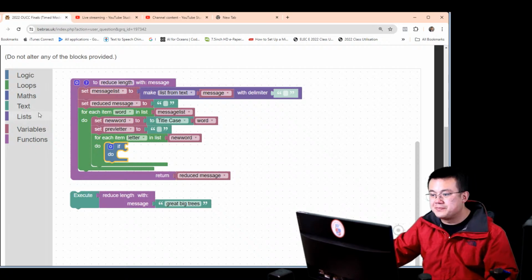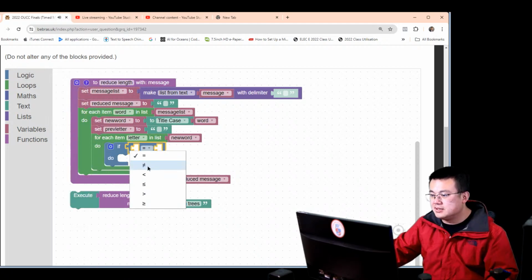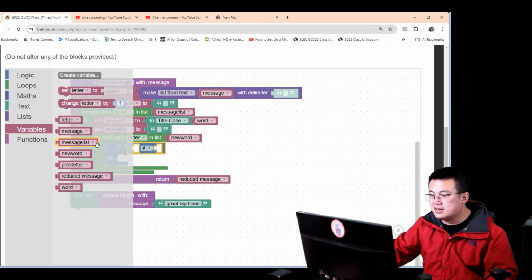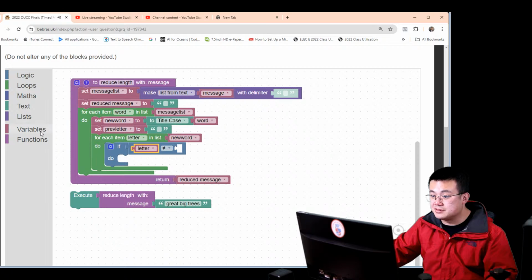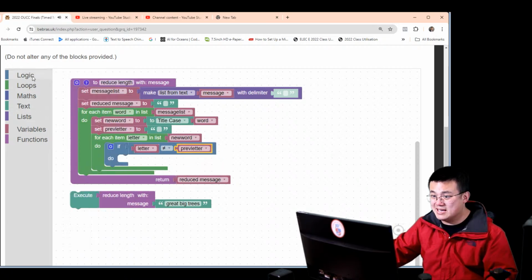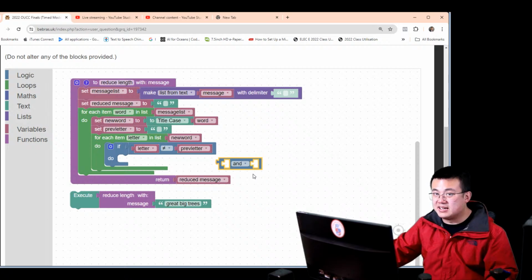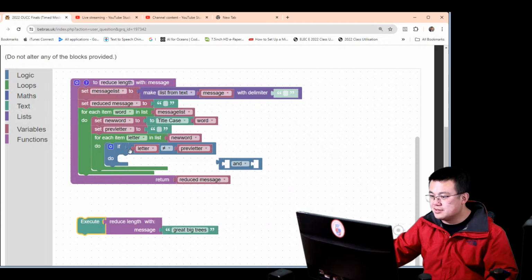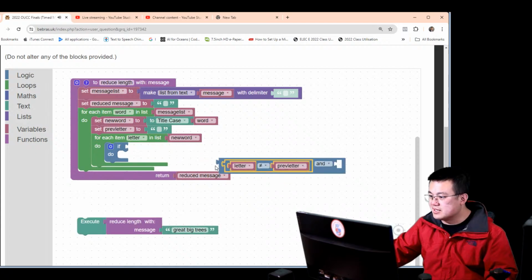So if the logic, if the letter is not equal to the previous letter and it is not a vowel. Okay, so if the letter is not equal to a previous letter, and how do I check if it's not